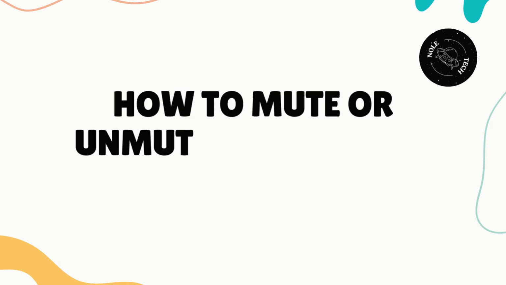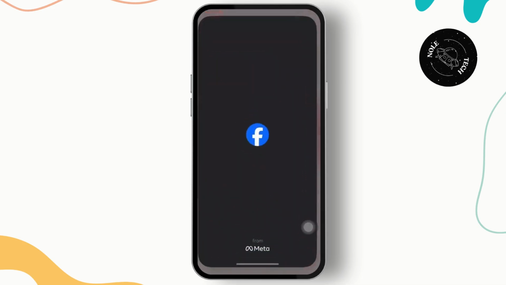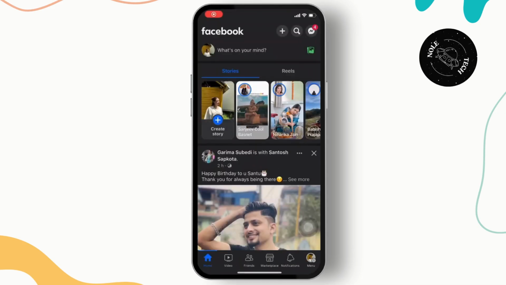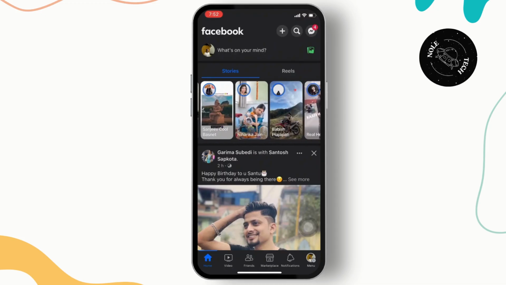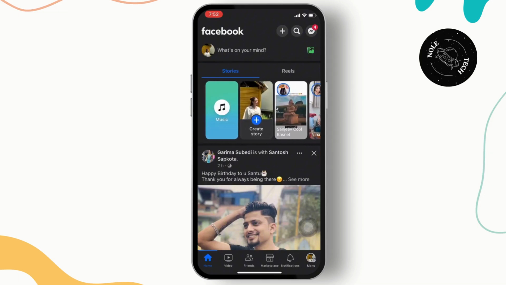How to mute or unmute someone in Facebook stories. So we'll open our Facebook here, and we can see a lot of stories here. So what we can do is, we can see there are a lot of people, but after long